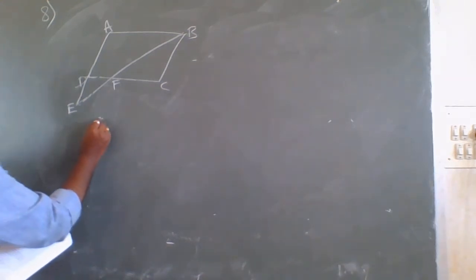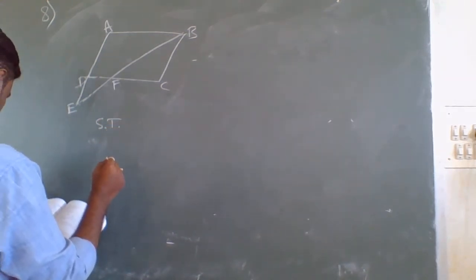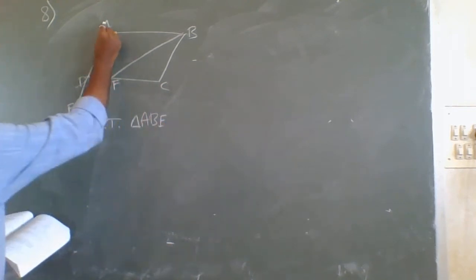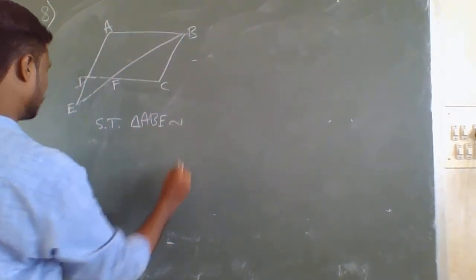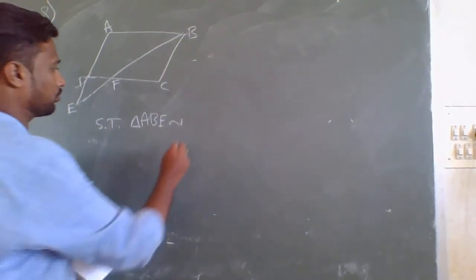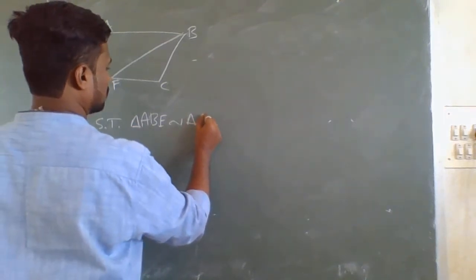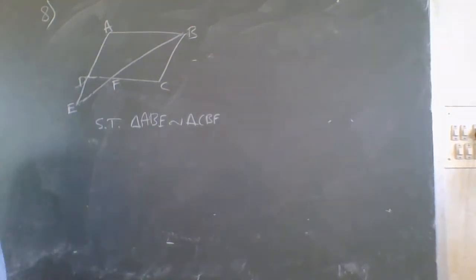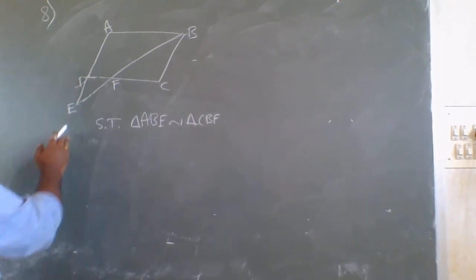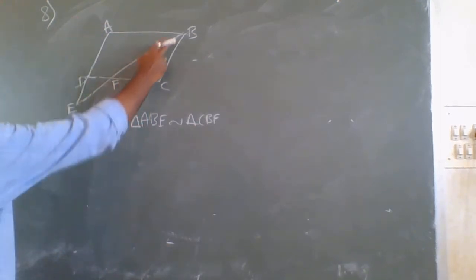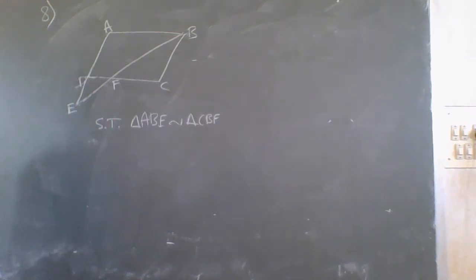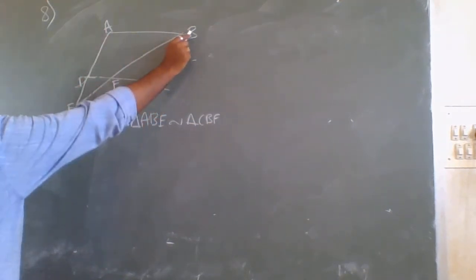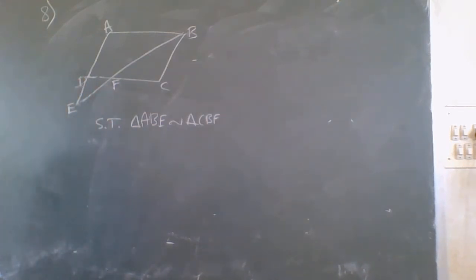Show that triangle ABE is similar to triangle CBF. What we have to do: this is the parallelogram ABCD, and E is the point on side AD, and CD and BE intersect at point F. And we have to prove that triangle ABE is similar to triangle CBF. So now to prove this,